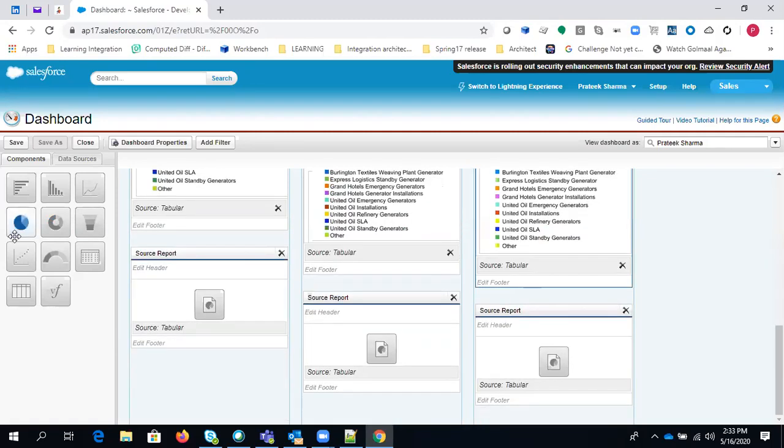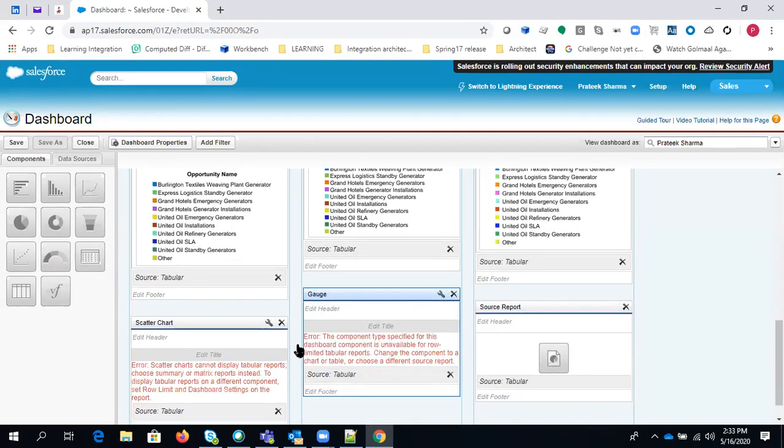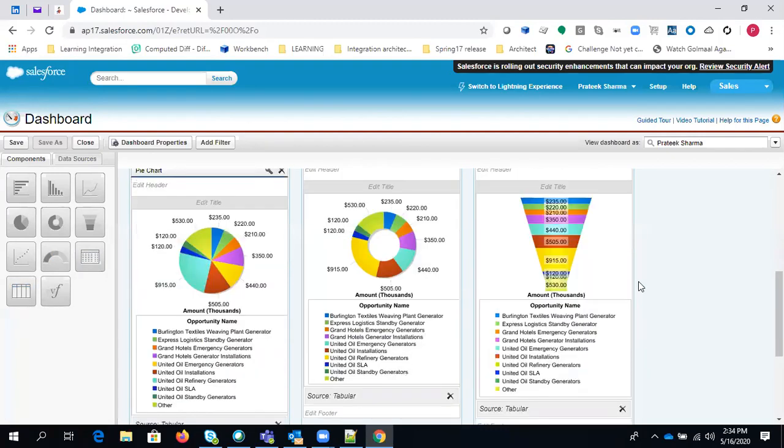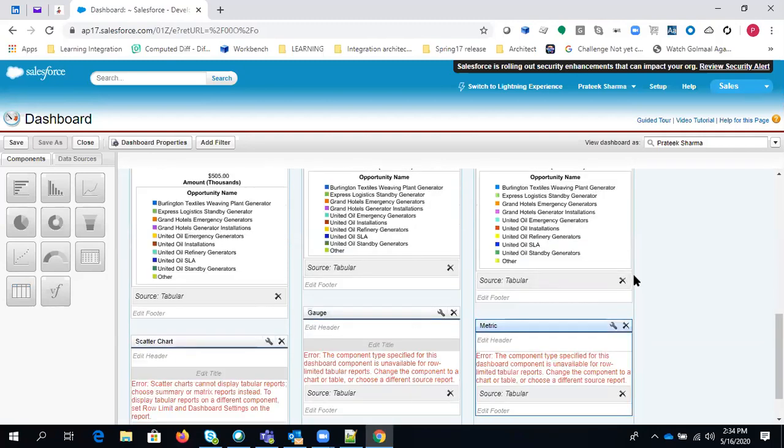Now it will start throwing an error. See? Not all the dashboard types you can use in a tabular report.